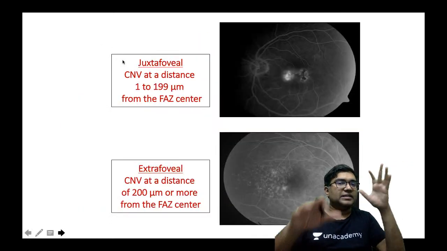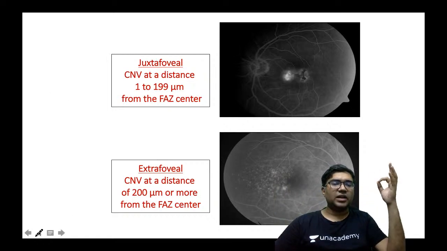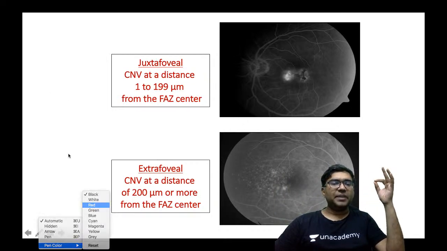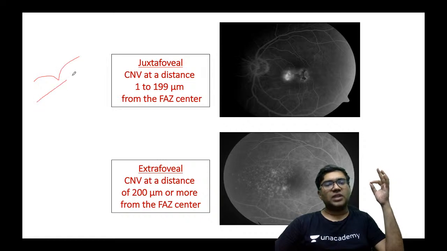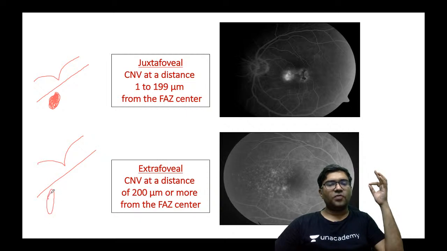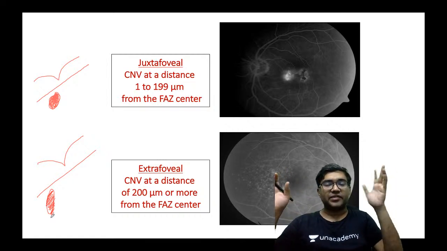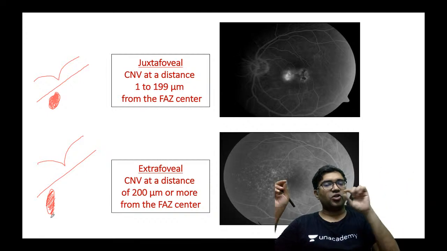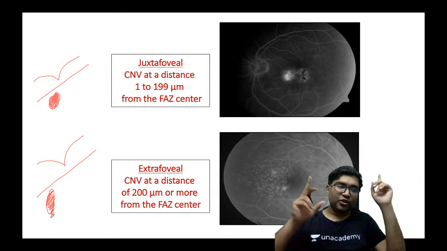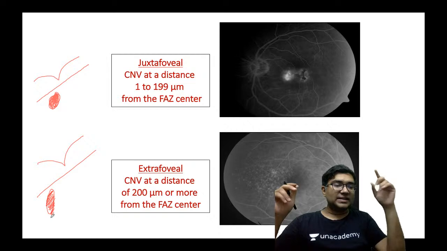Then we have juxtafoveal. Juxtafoveal means that it is a bit far away from the center of the macula. And the third one is extrafoveal, which is further away from the fovea. The distance, whether it is 200, 250, 100, 150, you do not need to remember for your UG exam. But here you have to remember one thing,